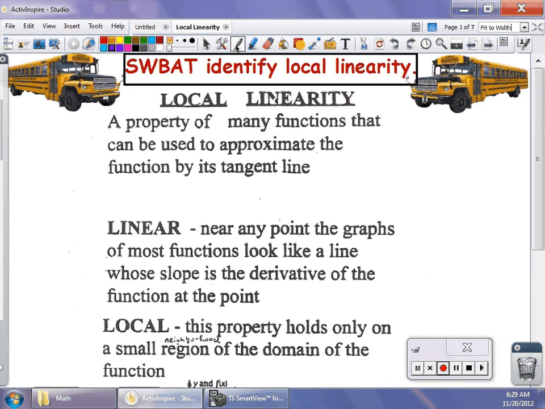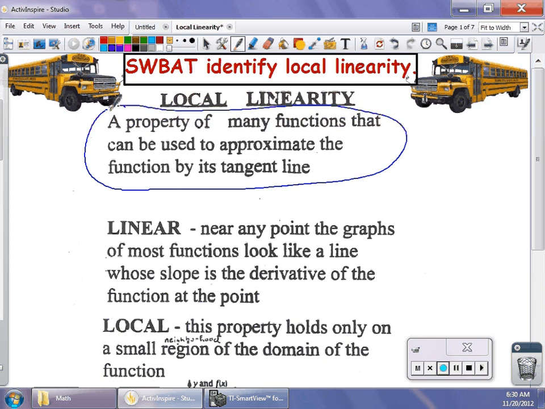So I want you to take a minute to go back and reread that statement, because ultimately that is our goal. The objective is to identify local linearity, but even further than that, we're going to use this property of local linearity to approximate the function by its tangent line. So what does that mean? What is the real objective here? Well, what that really boils down to is that we're going to use the tangent line